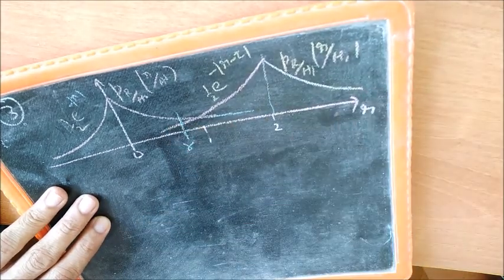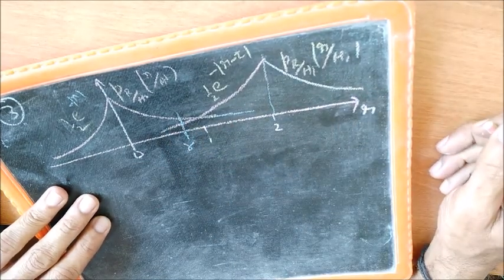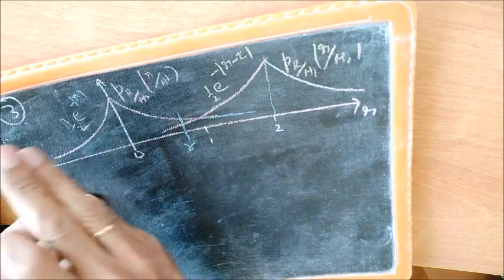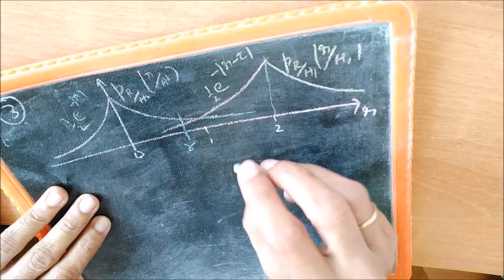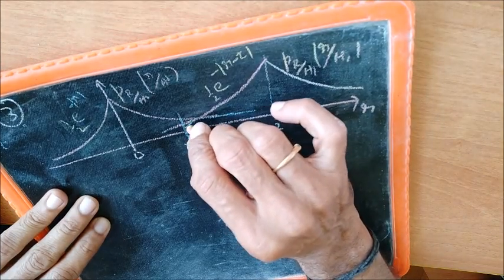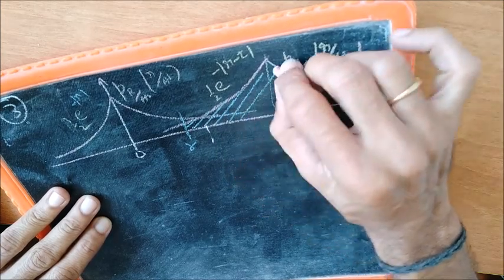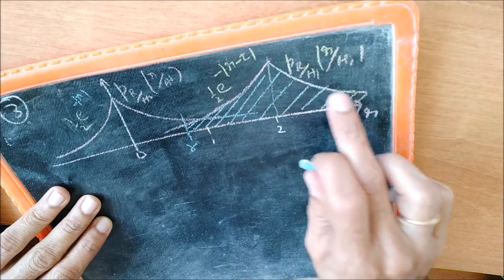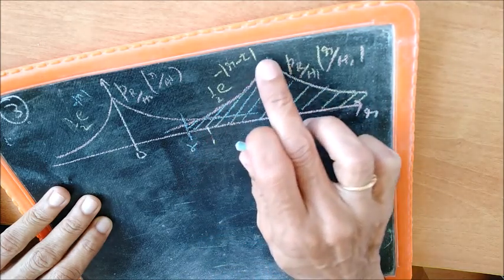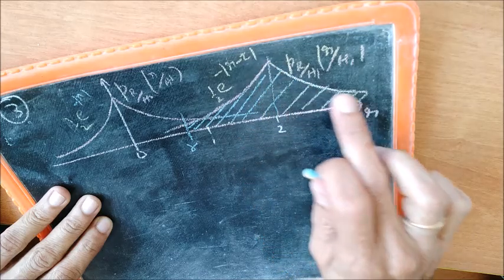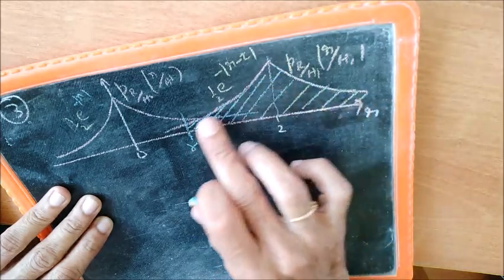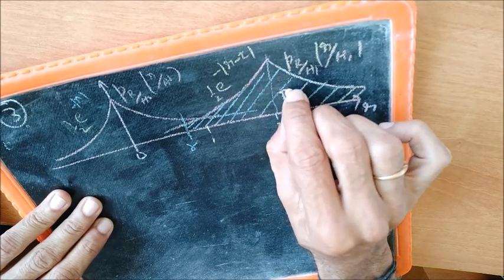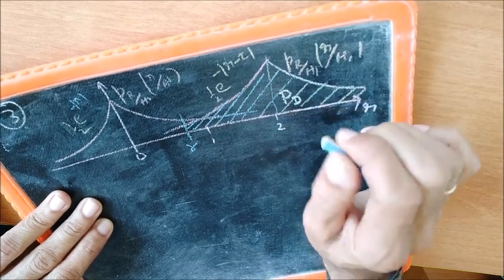Whenever we are above gamma, we declare H1 is the true hypothesis, and whenever the received R is below gamma, less than gamma, we say H0 is the true hypothesis. So that means this area will give us the probability of the receiver declaring H1 as the true hypothesis when H1 is indeed the true hypothesis, which means that this shaded area will be the probability of detection.